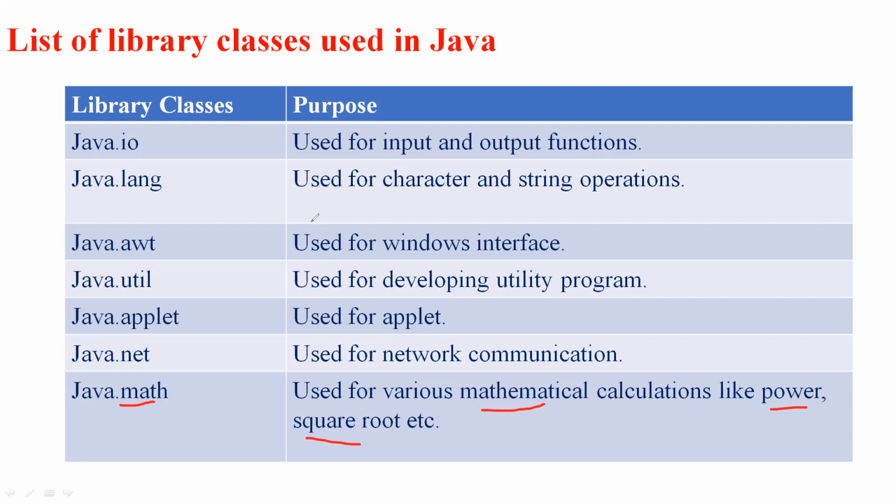So these are the most predominant and commonly used library functions of Java. These are the major library classes which we use many times in a Java program. Other than these, the programs we studied in the previous session use two different library functions. The very first one is system.in.read.